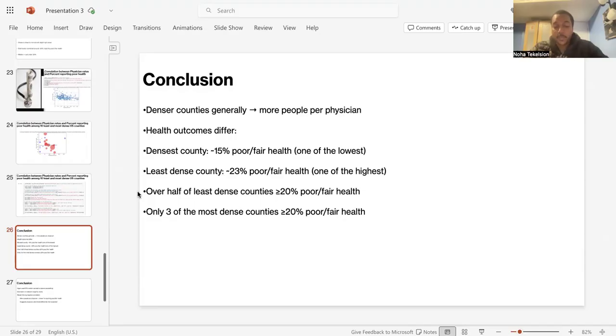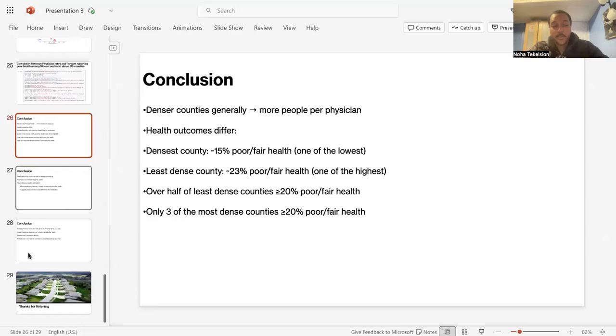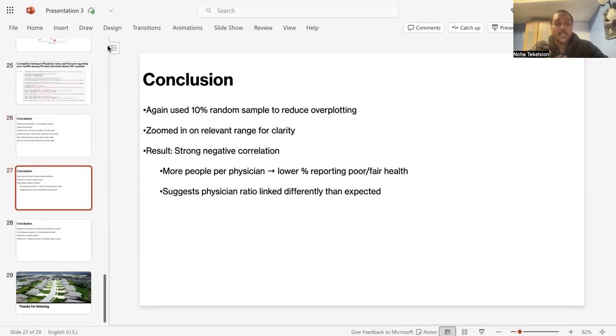From the most dense counties, only three of them had a proportion of people reporting that 20% or more had poor health. Okay. Yeah, a bit of a tongue twister. Anyways,